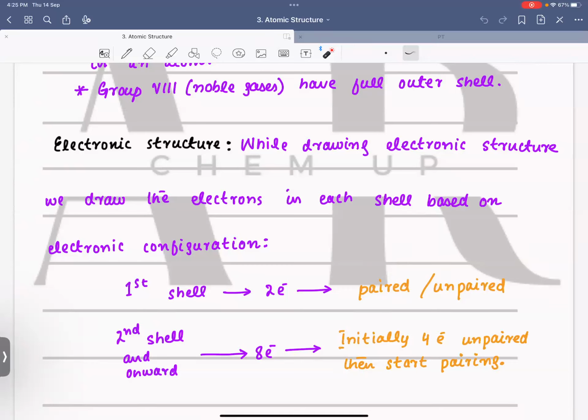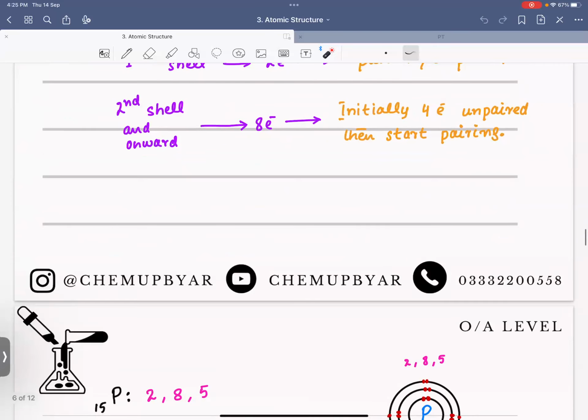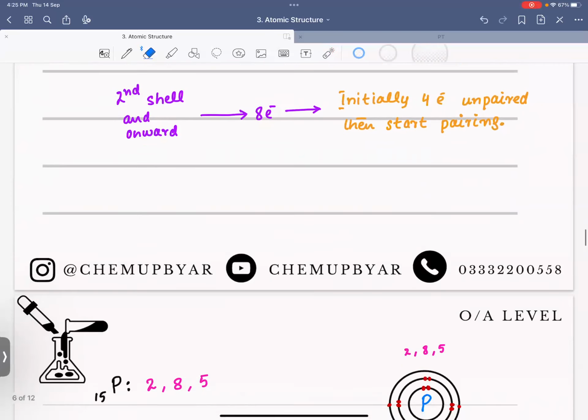But when we come to the next shells, where we have to fill 8 electrons, if the shell has either 4 electrons or fewer than 4 electrons, then we draw them as unpaired, and then those 4 electrons will be paired up with the other electrons if the electrons are more than 4. For example, let's have a look at phosphorus over here. So the electronic configuration of phosphorus is,